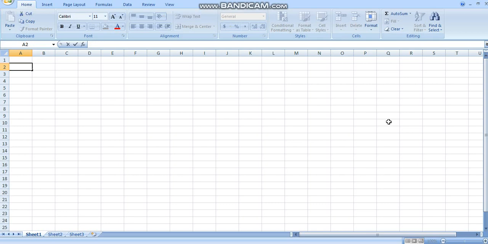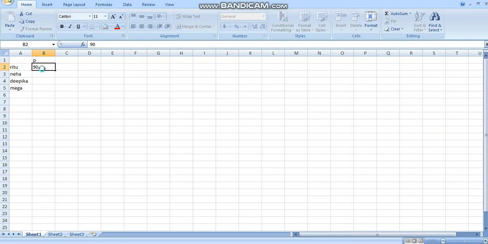Now to understand the three references, let's take an example. Here we will take the names of the students like Ritu. In the second one I'll take Neha. In the third one I'll take Deepika. Here I'll take Megha. There are 4 entries. Here I'll take their physics marks. I'll write it as P only. Okay, I'll take these marks.